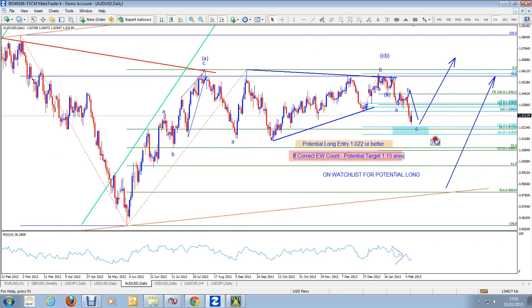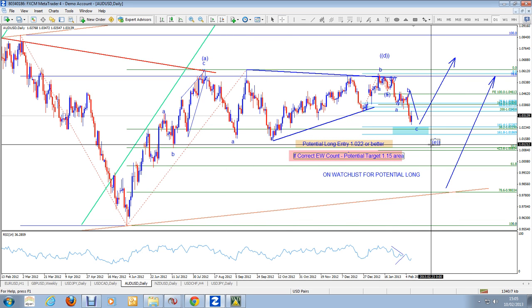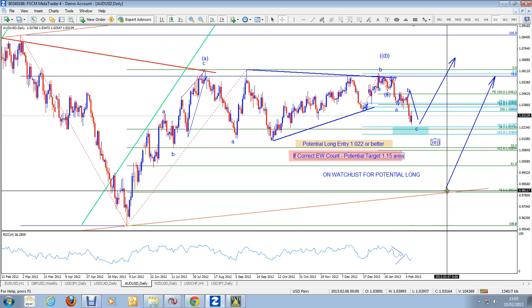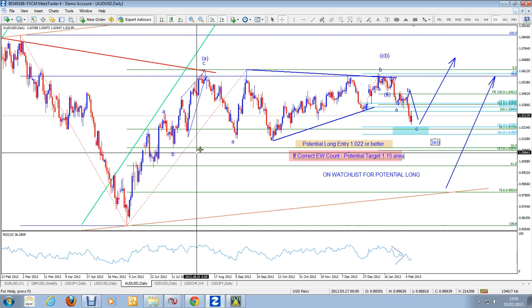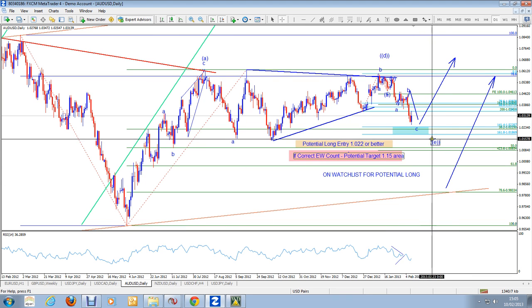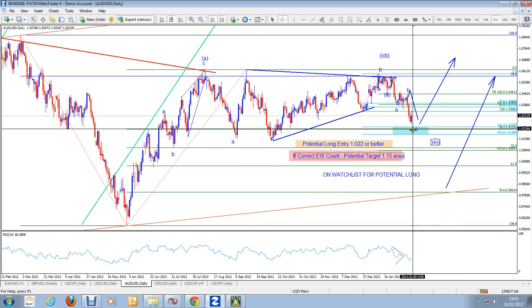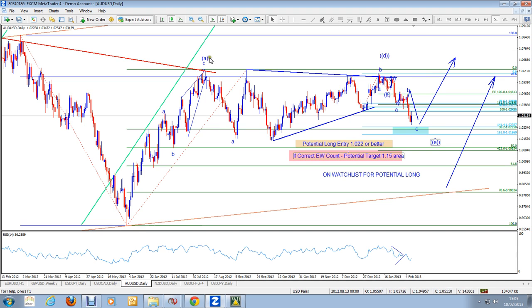wave E can either finish around here where horizontally we had a support and become a truncated wave E, or this will drop all the way back down to here, which is a rising trend line, and also the 78.6% retracement of this leg up. Okay, so we will not be looking to get long on the Aussie dollar just right here. We need evidence that it is actually turning, because if this was A and then we got small a, small b, and we're looking for small c, okay,